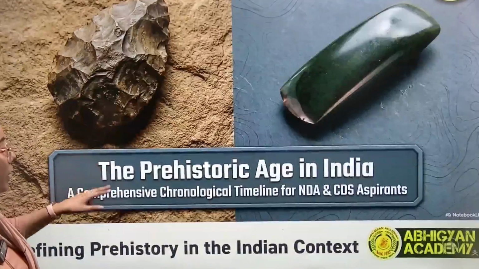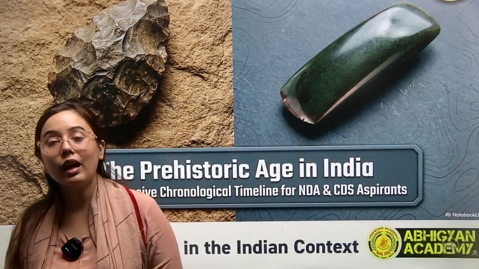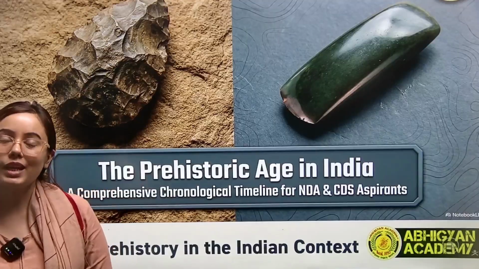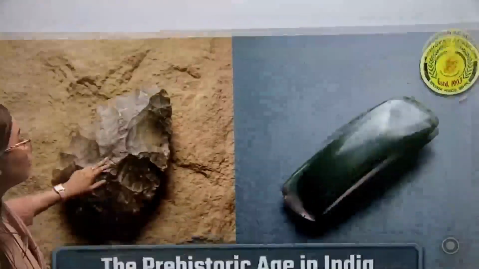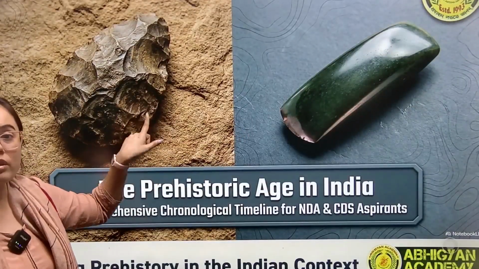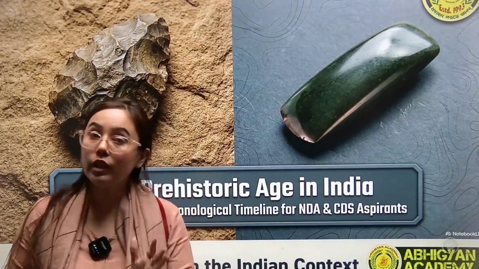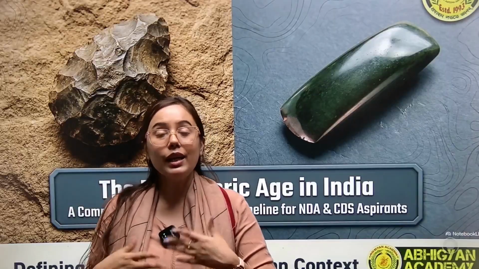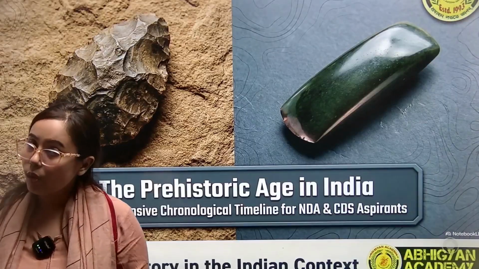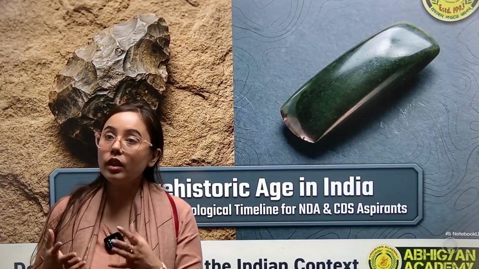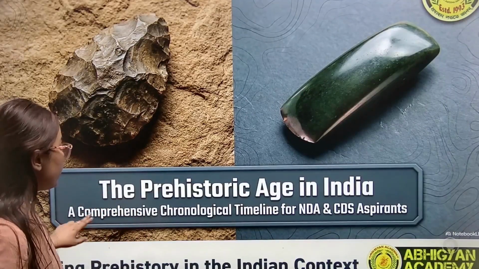So prehistory, or the prehistoric part of India, where we will understand how civilization started in India. Prehistoric age in India mainly deals with the Old Stone Age. Here it means the primary material will be the stone that they will be using in their day-to-day life activities. They will be living in the caves, in the rocks. They will be using stone tools and stone weapons. So everything, the primary material, will be stone. That is why we call it